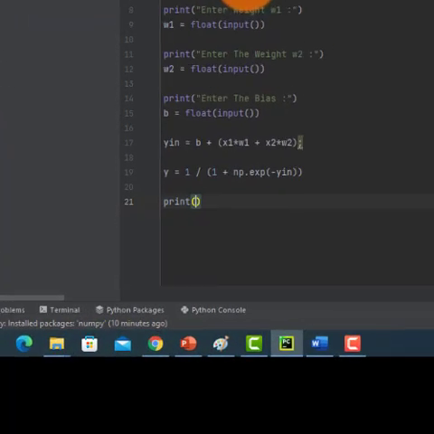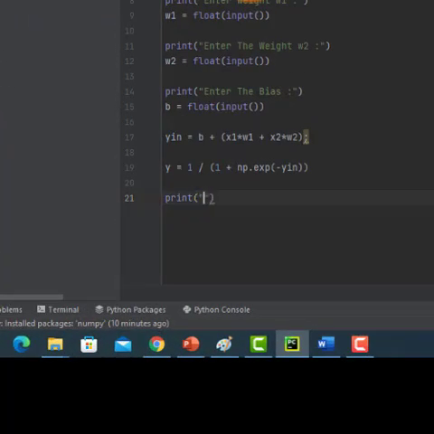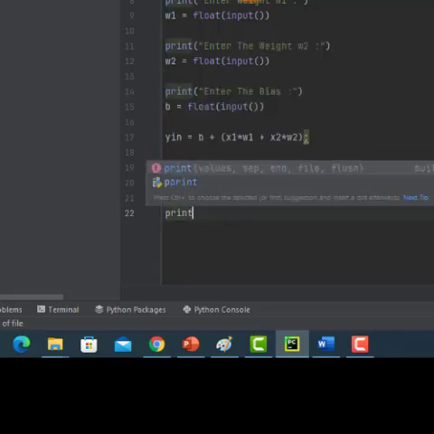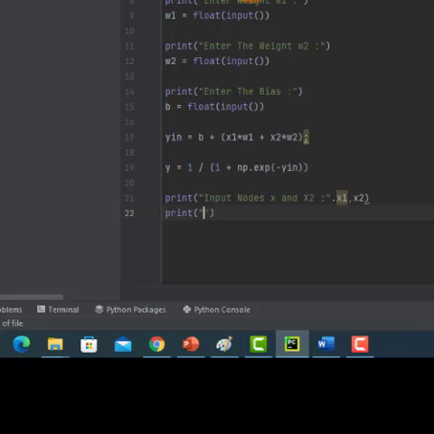Now print all the data. Print the input nodes x1 and x2, x1 comma x2. Now print the weights w1, w2.